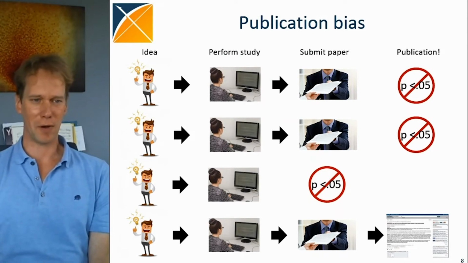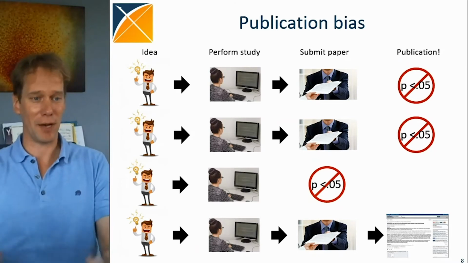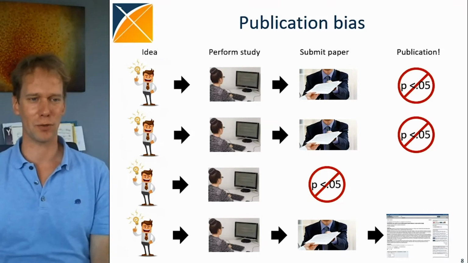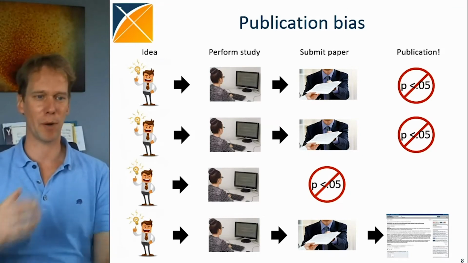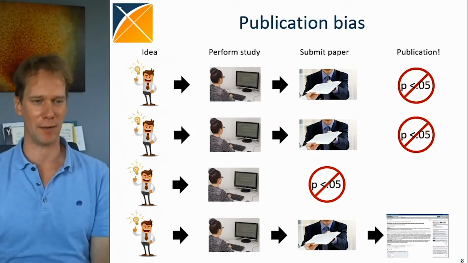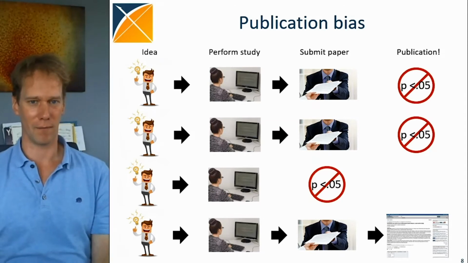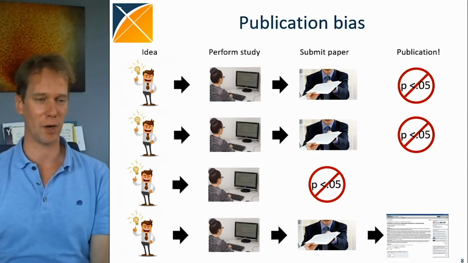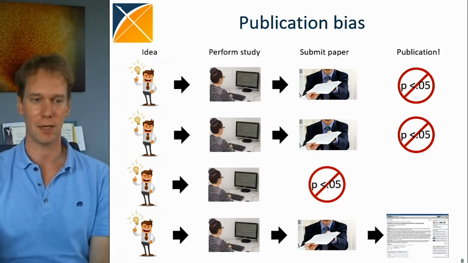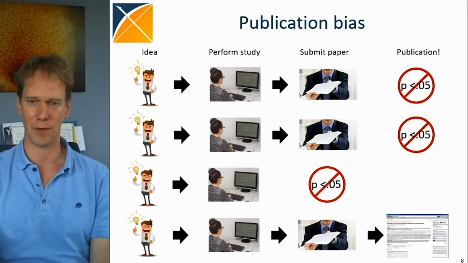Now, this is actually a very problematic way of working. The reason is that a p-value or confidence interval is supposed to give you the probability, the chance of observing something if there's no effect. And if you do many studies, even if there in reality is no effect, then 1 in 20, 5% of them, you would expect to have statistical significance, even if there is no real effect.